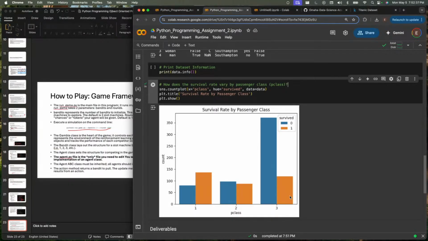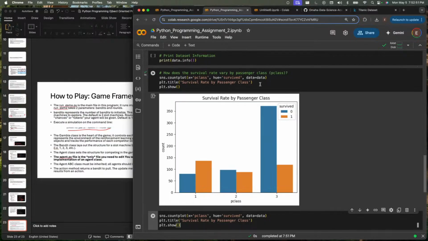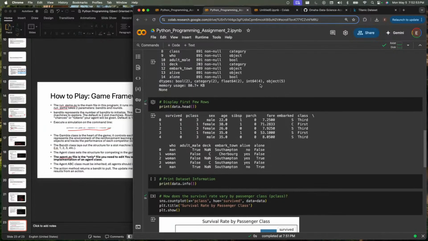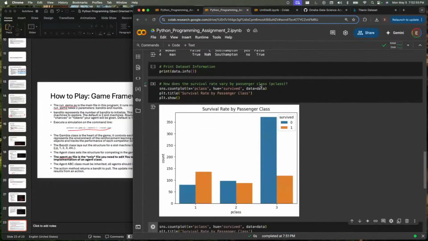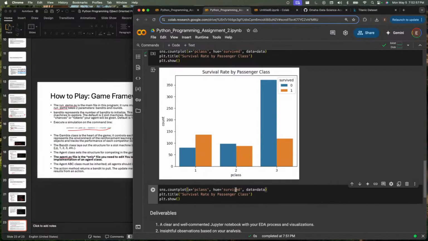Another interesting one that I want us to look at here. Let's create the same chart, but instead of P class, I want to separate on gender.